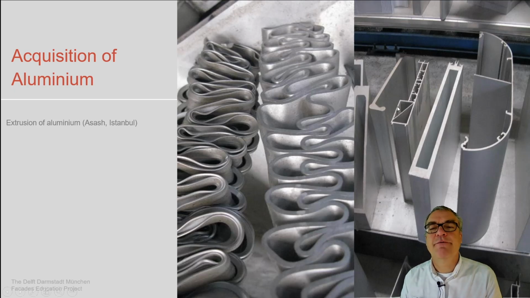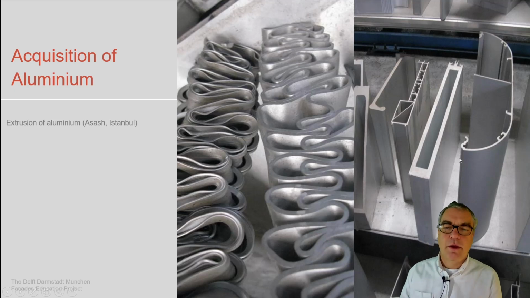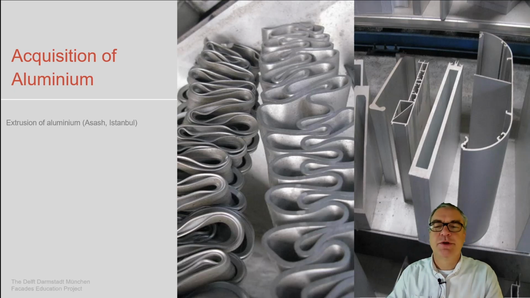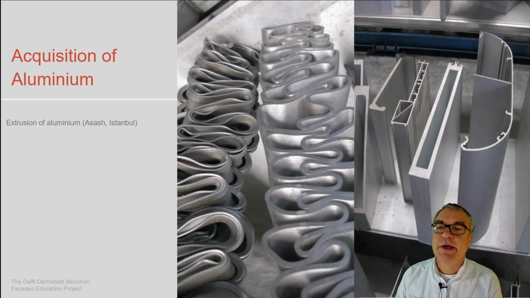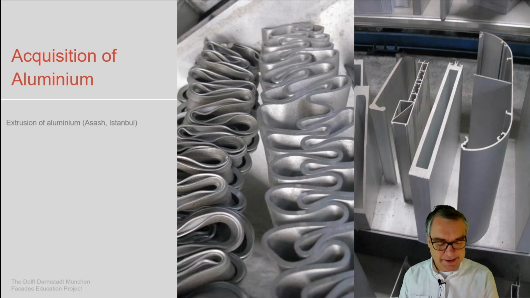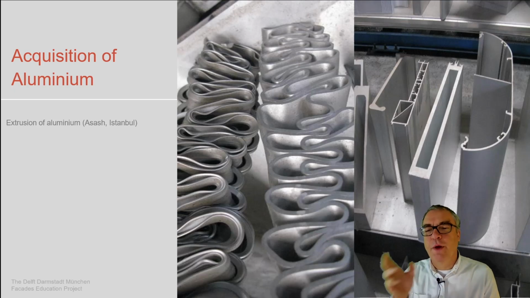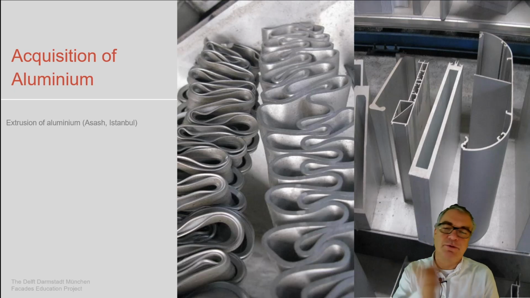You also can identify that very nice, very sharp geometries are possible to be made, and that's where aluminium is interesting for the facade industry, because you can create these super sharp and sharp-edged components. The left picture shows a result of a problem in the extrusion process. I quite like it as a design. It's not wanted. It's a result which then is recycled.